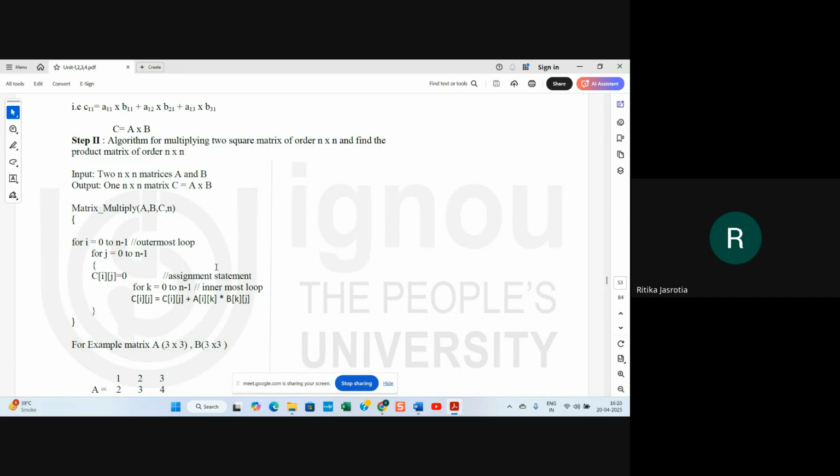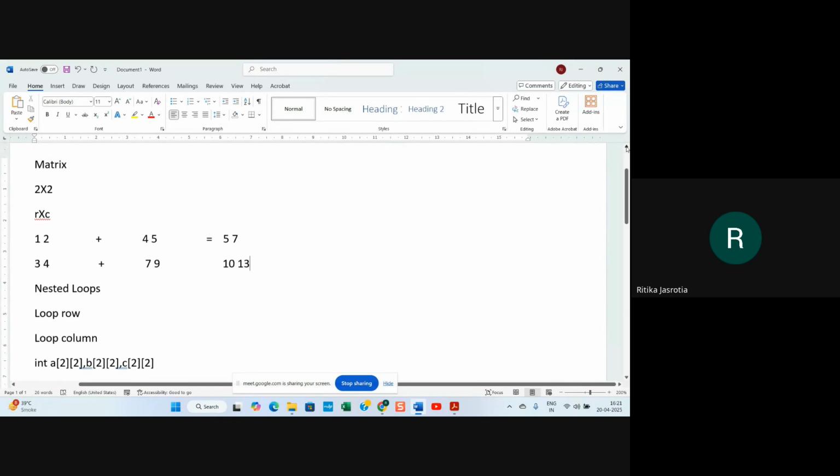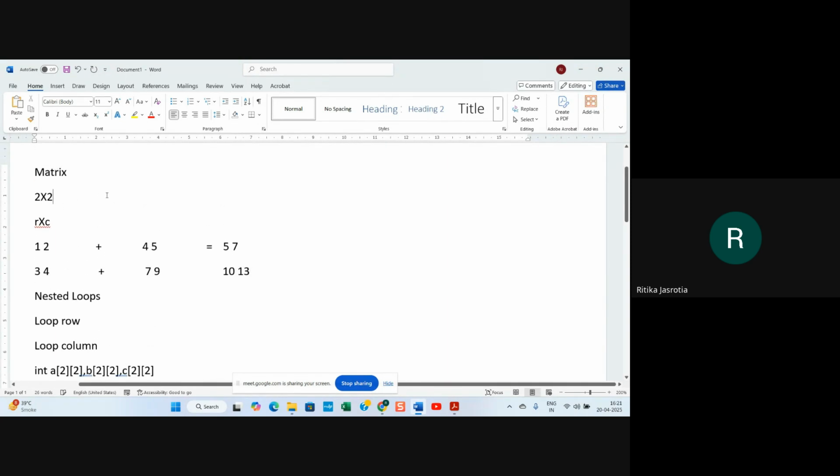अब मल्टीप्लिकेशन का क्या रूल है? मल्टीप्लिकेशन का रूल पता है किसी को? पहले Row by column. Number of columns in first matrix equal to number of rows in second matrix. यस। सो वहां पे अगर आप मल्टीप्लिकेशन की बात करोगे तो अगर आपका एक 2 by 2 मैट्रिक्स है और दूसरा मैट्रिक्स आपका 2 by 3 है, तो ये मल्टीप्लाई हो जाएंगे,